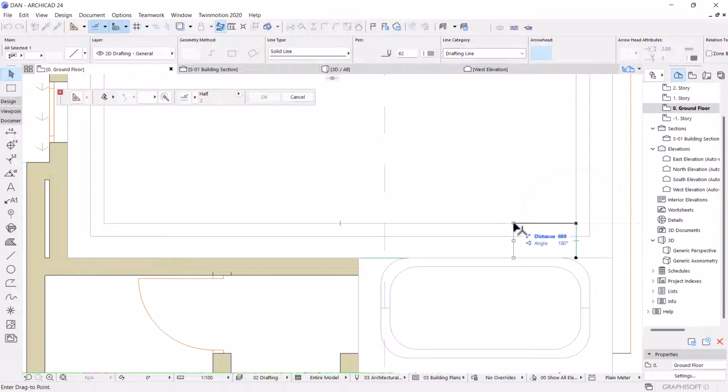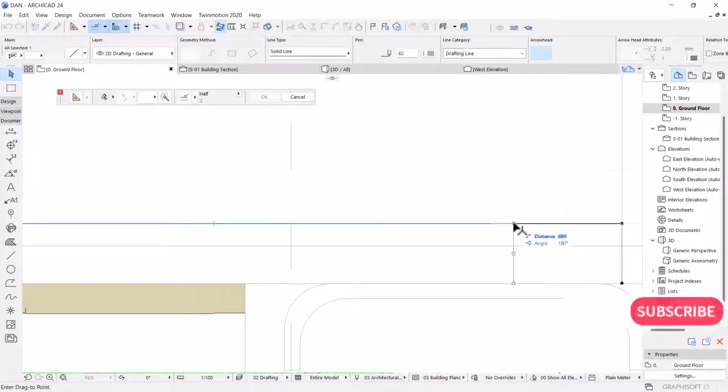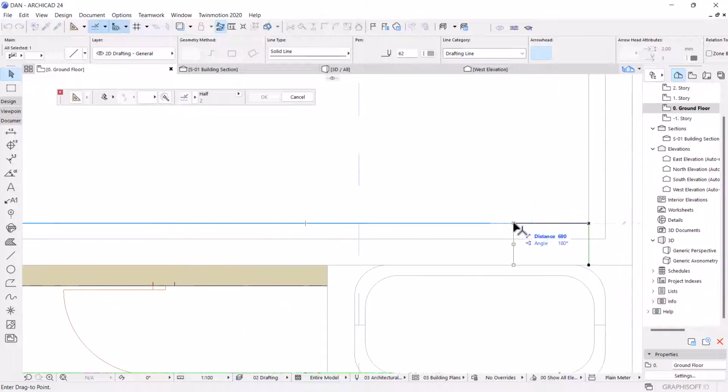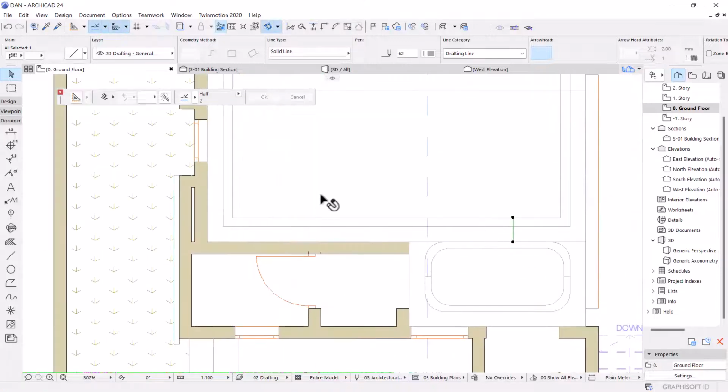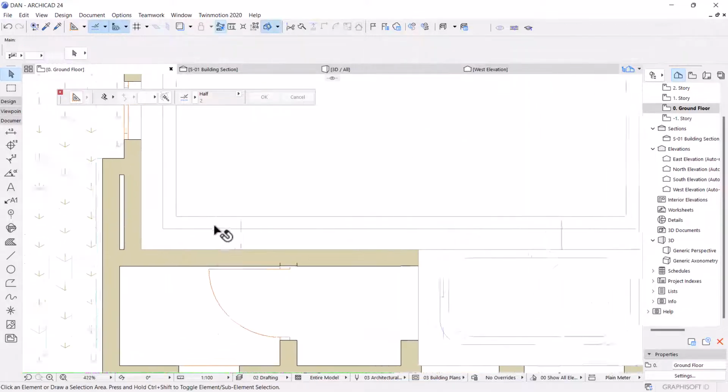I'm not sure whether I used 750 or 650, but let's do 750 and see. Then I'm going to mirror it, Ctrl+Shift+M. Then I'm going to draw a line at the center,